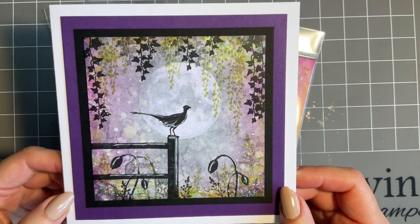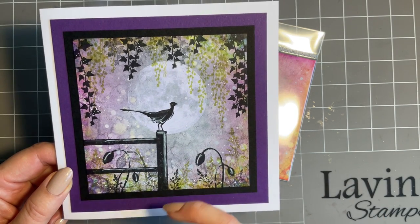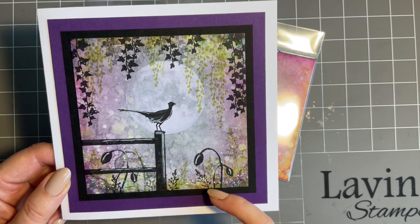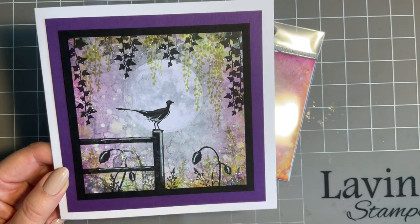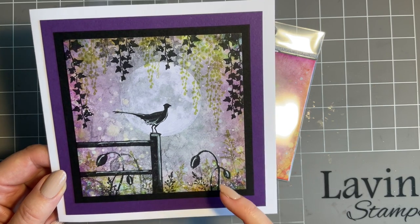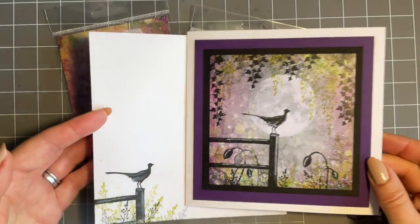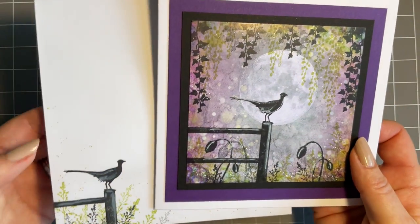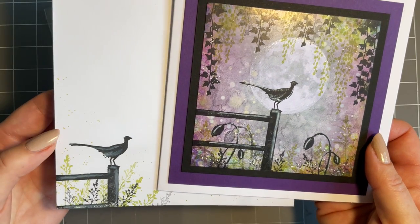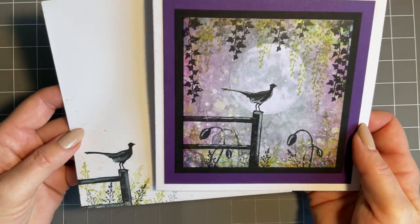And I thought an ideal stamp for a man's card is our beautiful pheasant. And although we've got a little bit of almost floral stamping, it's quite generic. I'm thinking ivy, and we had to have the lovely poppy heads. I just love these seed heads. And I've stamped my envelope, as always, with permanent ink and some lovely Posca, which is acrylic paint, so permanent when it dries. But the best bit for me about this,